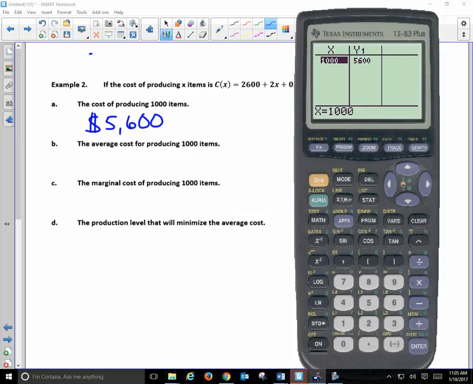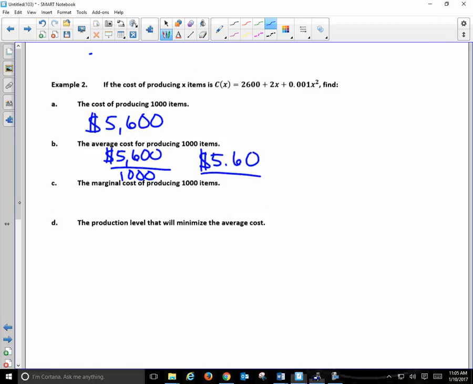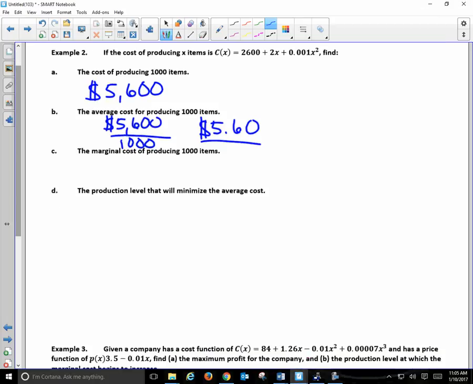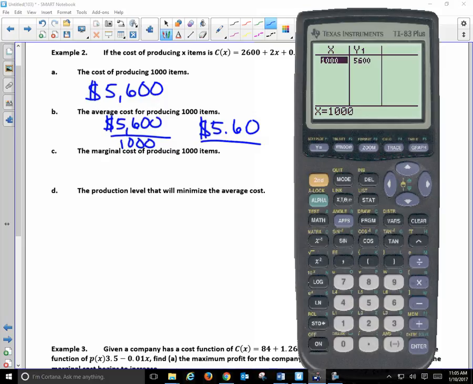Now it wants the average cost for 1,000 items. Take 5,600 and divide it by the number of items, $5.60. Now it says the marginal cost of producing 1,000 items. What is the formula for marginal cost? The derivative. What is the derivative here? C prime of x is